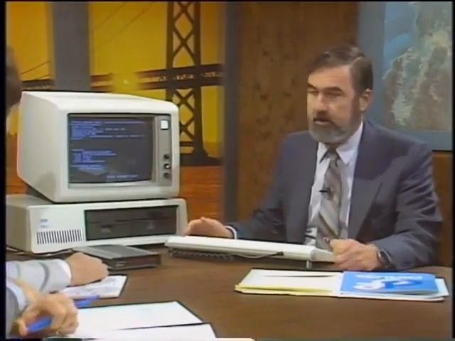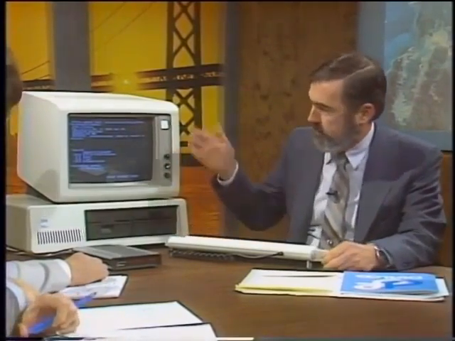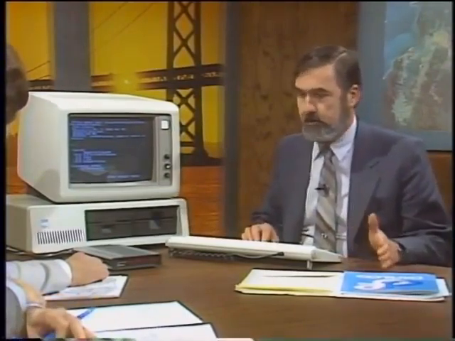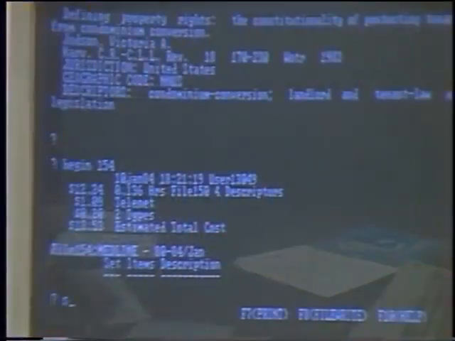Give us a demonstration of how you would use Dialog. Sure. A controversial issue recently has been Laetrile and the fact that it contains cyanide and possible damage from that. I will go into the National Library of Medicine database called Medline, which indexes some 3,000 journals and contains 4 million abstracts, to see what it has on Laetrile and cyanide. I've already logged into the database, so now I can just tell the computer to search out the words that I'm interested in. So I'll say select